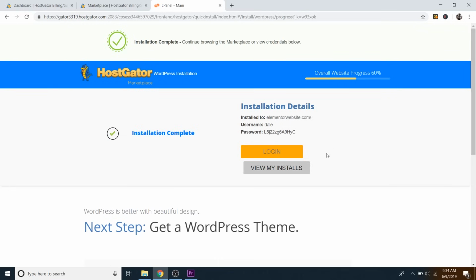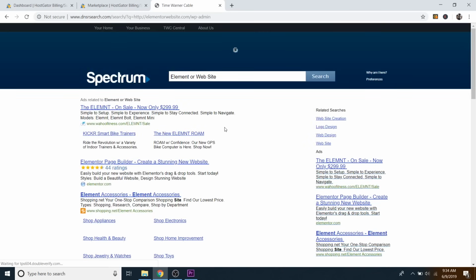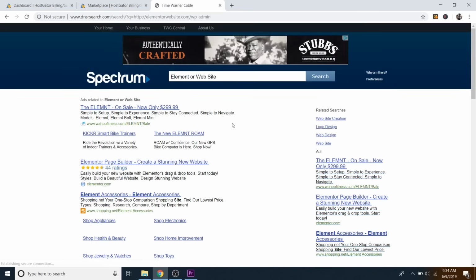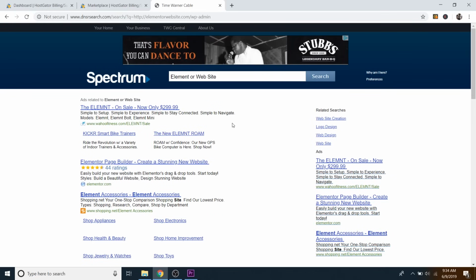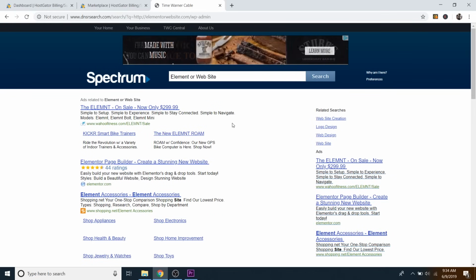So yes, you could log into your website by clicking on login, which will take you to a site like this, and this basically means that HostGator needs time in order to send out this new domain name across the entire world to let everyone know that it exists. And this process is called propagation, and it usually takes anywhere from 20 to 30 minutes. It says it could take up to 24 hours, but I've never actually had it take that long. So my recommendation is to take a break for 20 to 30 minutes